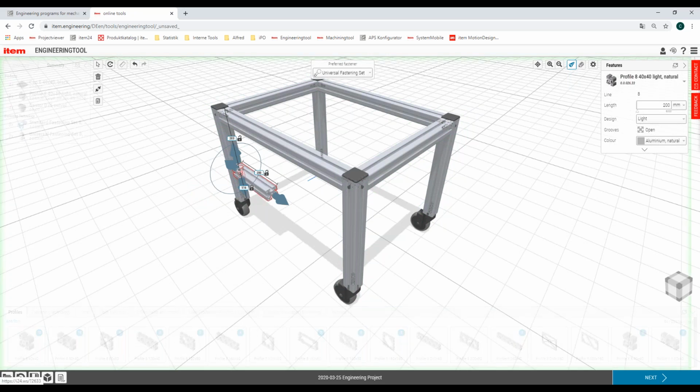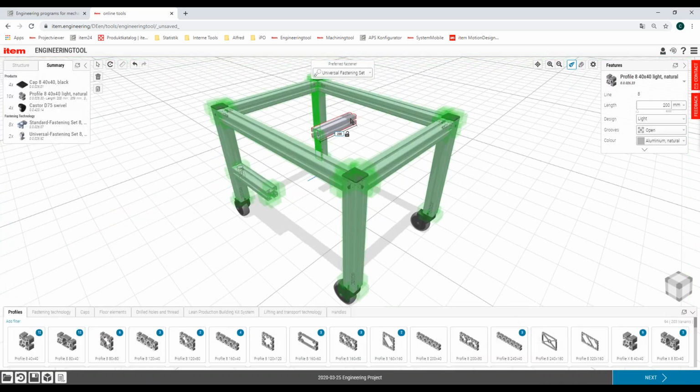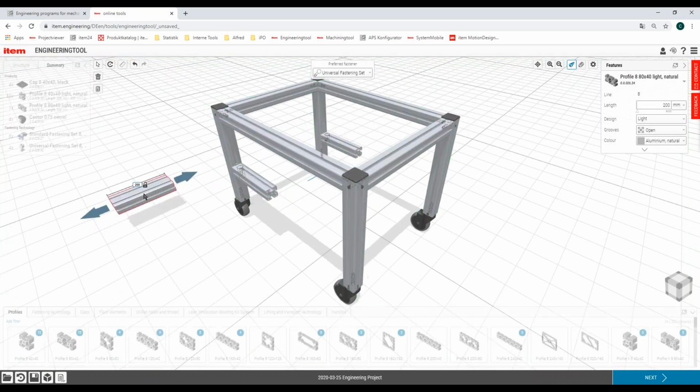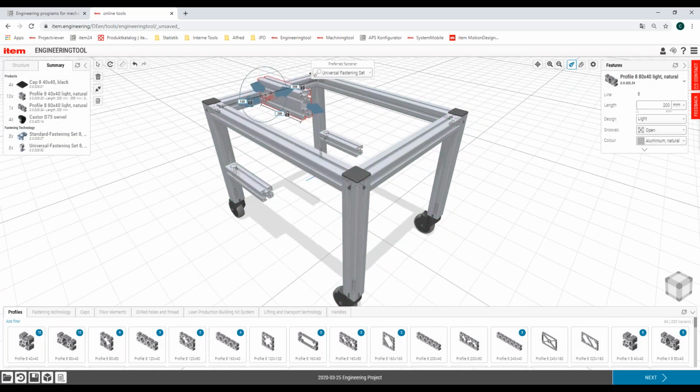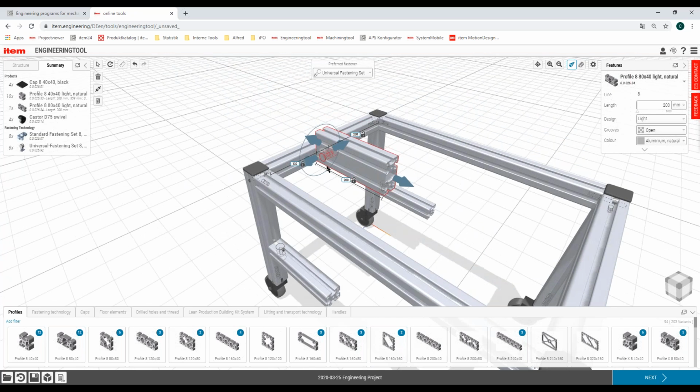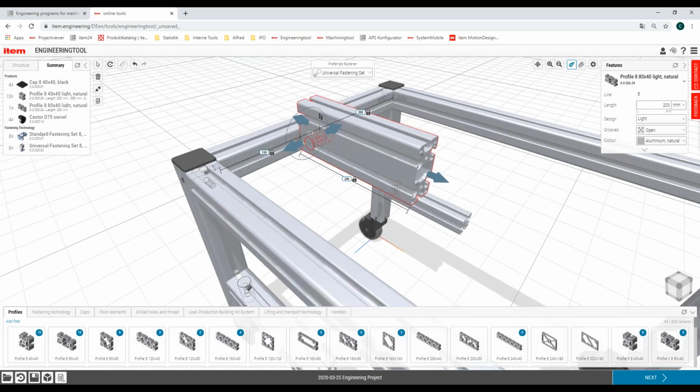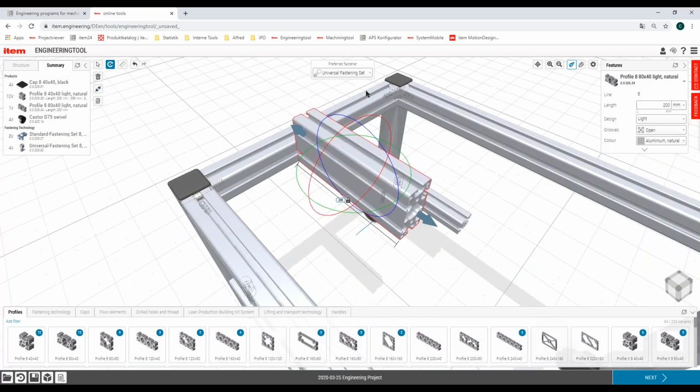Use the next profile, import it, move it to the right position on the other profile, and now I will use a profile line 80 by 40, so a rectangular profile. And I can use this profile and place it right at this groove, and if I use the right connection box of this profile, which I haven't done yet, you can see here, it's not orientated in the right way, so I just disconnect it, rotate my profile about 90 degrees,